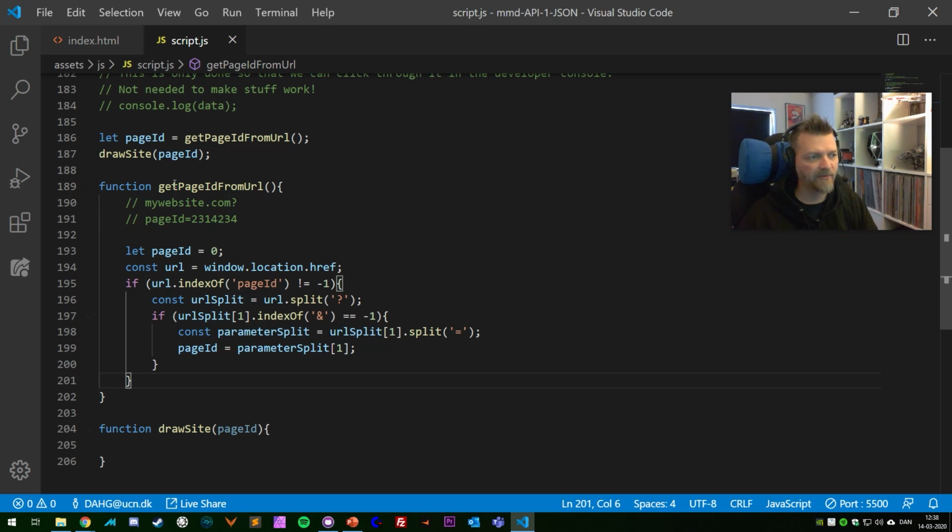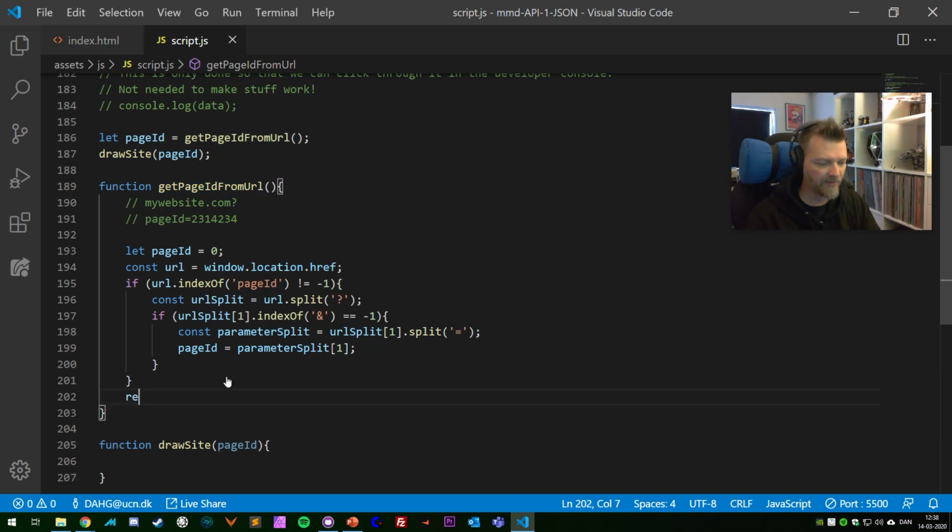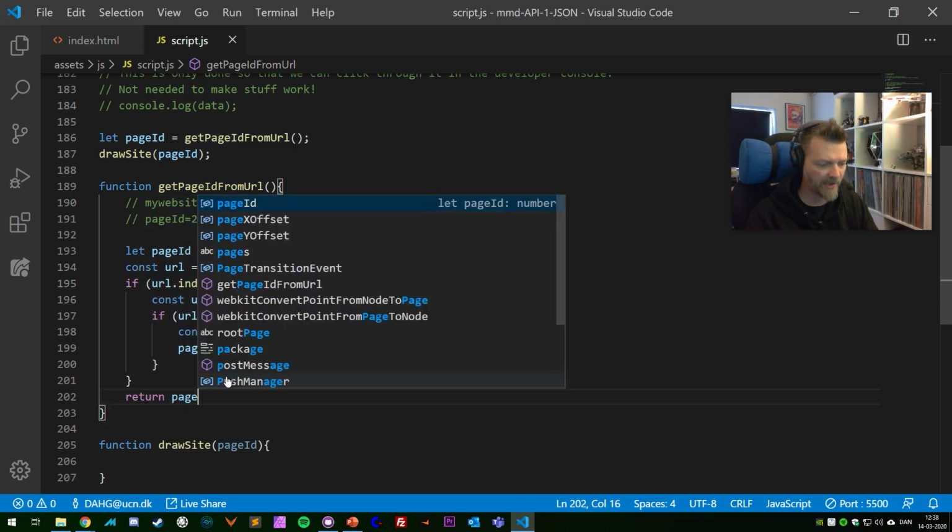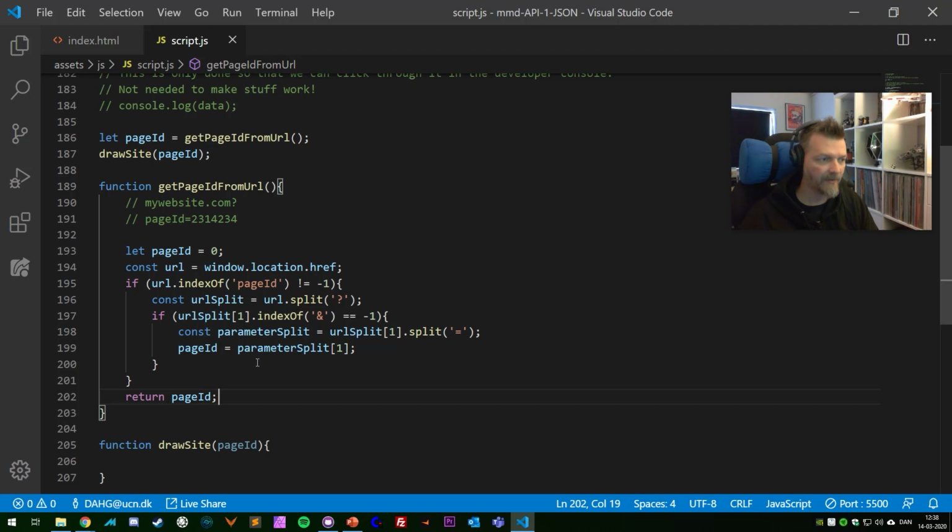But first of all, we're just calling this function right now and adding the result from it to page ID, but we're not returning anything in this function. We need to do that. So we'll say return page ID, which is the variable that we created up here. So now when we call getPageIdFromUrl,